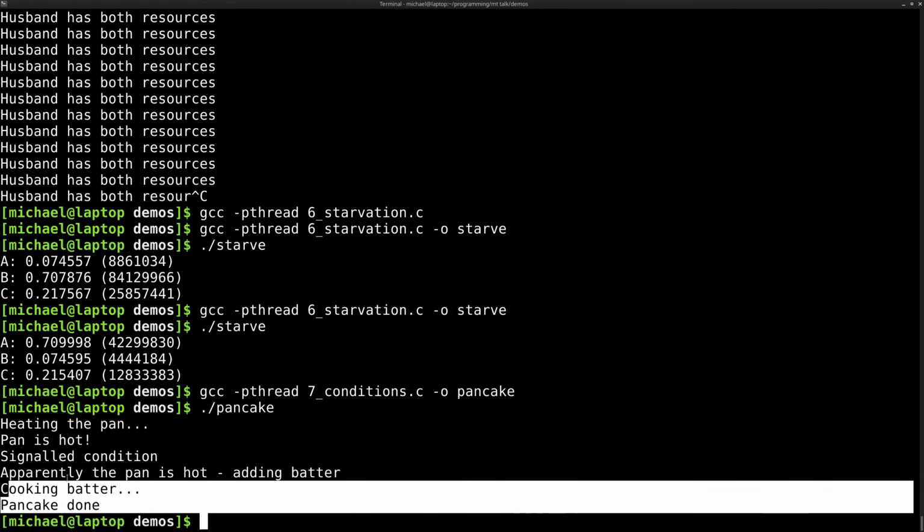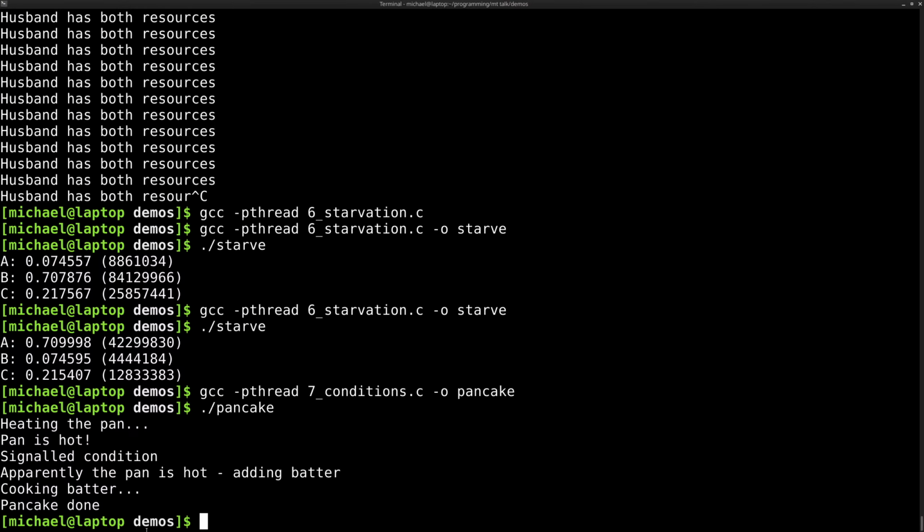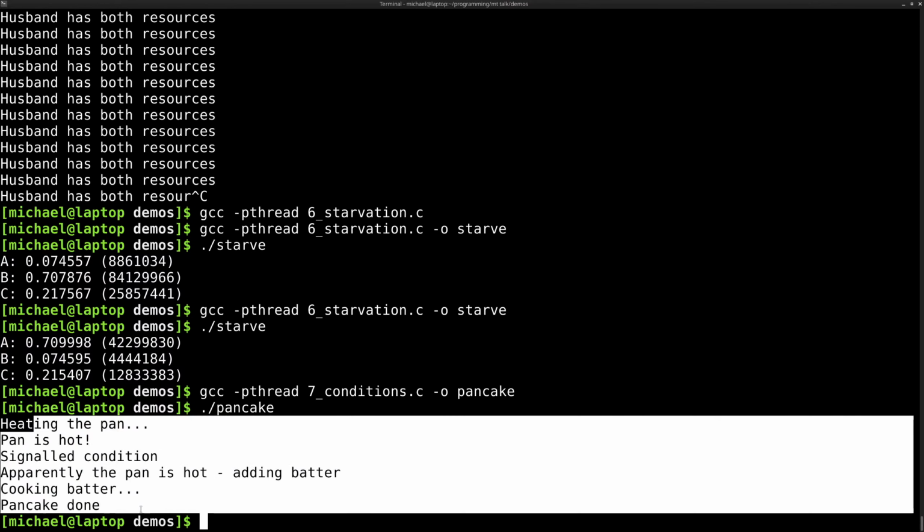So that's a really simple example usage of a condition variable, and condition variables are really useful. For instance, I guess in games you can use this a lot. Keyboard events, input events, that sort of thing. If you've ever programmed in JavaScript, you will have worked with events, and this is how it works behind the scenes, I guess.